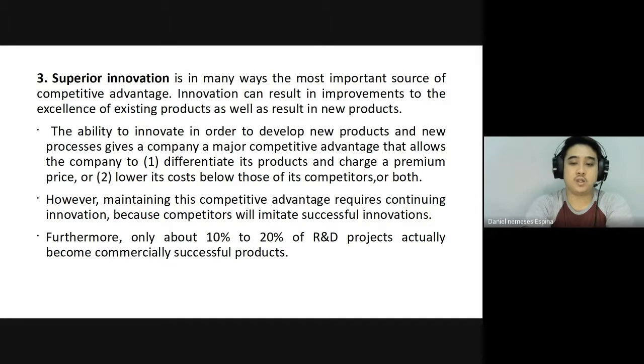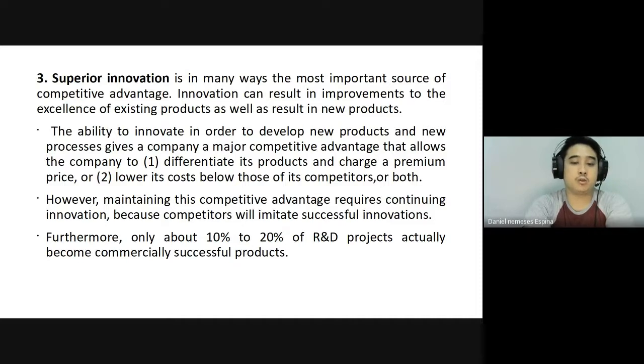So muna nga kaning research and development, it should be directed by or i-manage pagtarong sa top management. Because dili basta-basta mag-implement og mga research and development. It will cost a lot of money tapos the probability of success is not 100% all the time. So meaning the competitive advantage requires continuing innovation. So if the company will pursue this, dili na siya dapat mag-stop og acquiring more innovation because